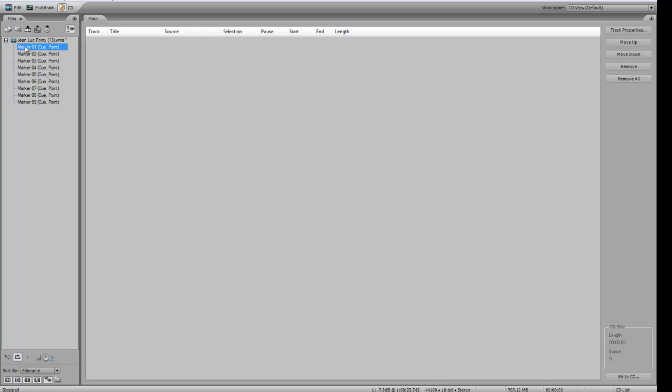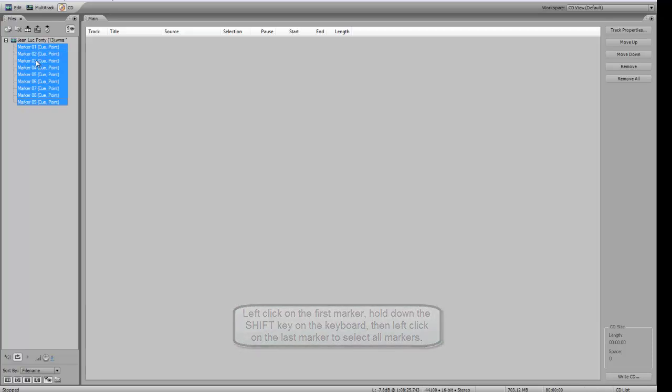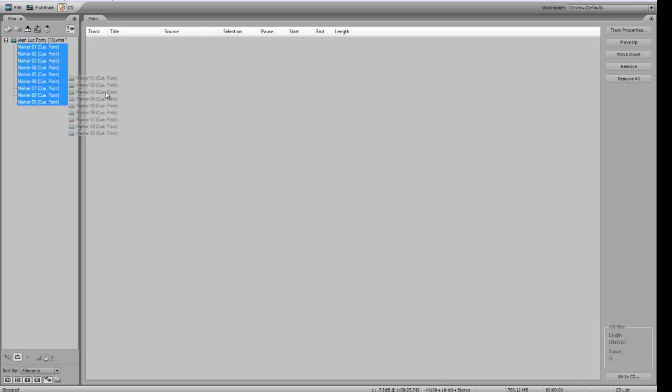I'm going to left click on the first one. Then I'm going to hold down the Shift key on my keyboard. And with my Shift key held down, I'm going to left click on marker 9. That's going to highlight all of them. And then I'm going to hold down my left mouse key and drag these over here